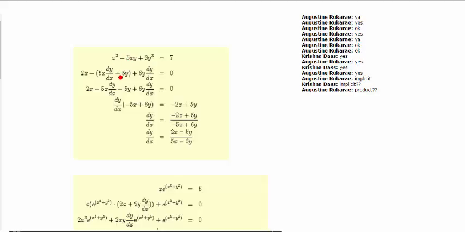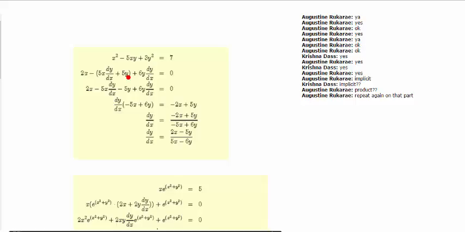Now I have to differentiate, 5 will remain as it is. 5. Now I have to differentiate x. Differentiating x will give me 1. And then I have to leave my y as it is. So far good? Is this part clear? This is the differentiation using product rule. Now after this, we have to differentiate 3y squared. Now when I differentiate 3y squared, I will have 3 times 2 which is 6y. Then since I am differentiating y, I have to write dy over dx, which is equals to,